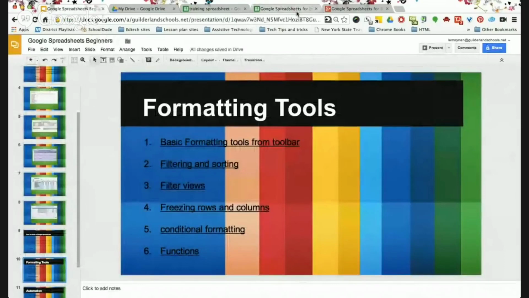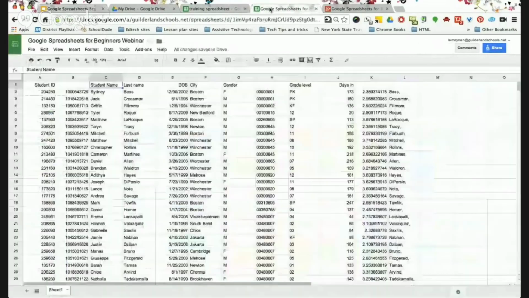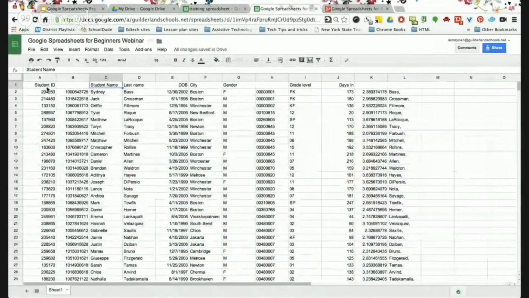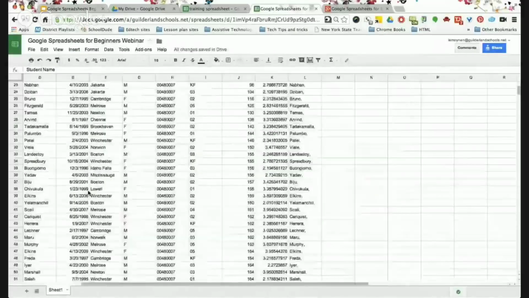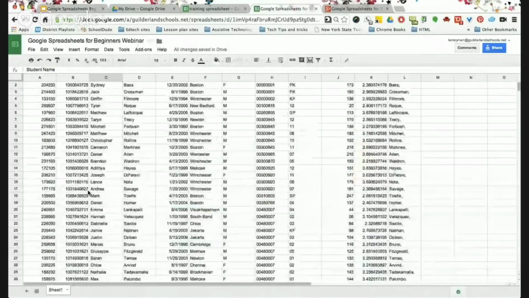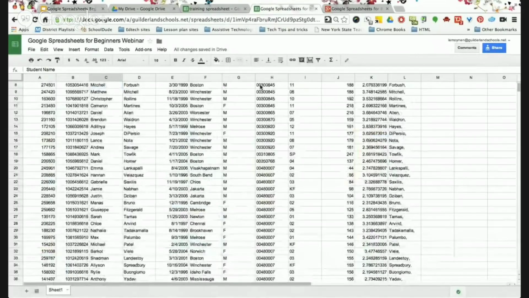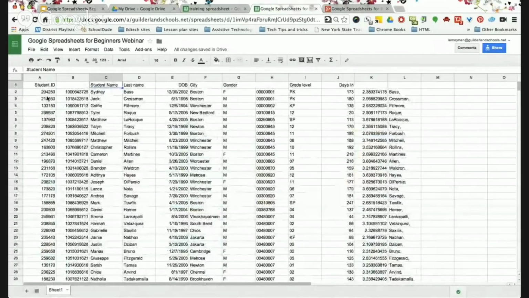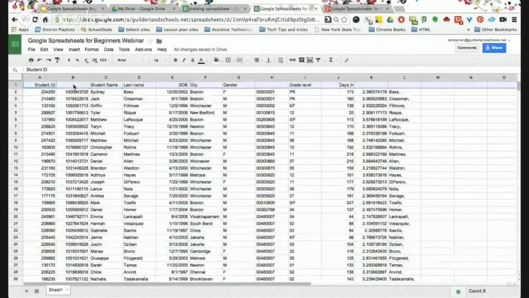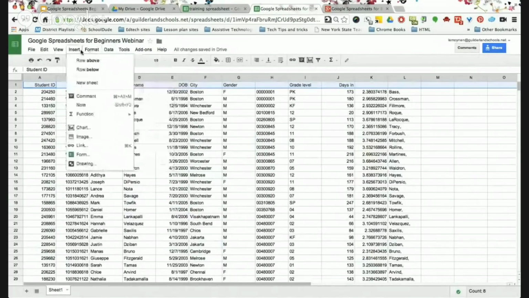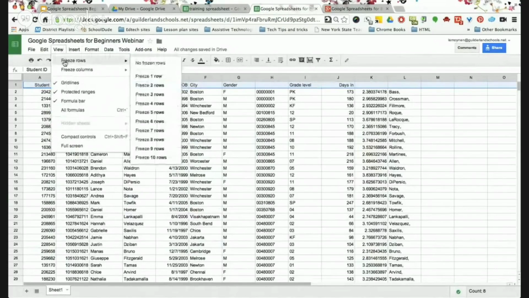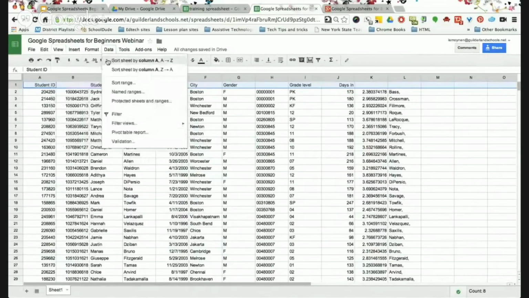So I'm going to show you how to freeze the rows and the columns. So I have my first row here, and say that I have all this data. Notice that as I scroll up and down, I lose my headers. So I don't know what this information is or what those numbers are. So what I want to do is freeze this header row so that as I scroll, I can still see and relate the information with the correct headers. So to do that, I simply go to right here. Where's the view? And freeze rows, and I'm going to freeze row